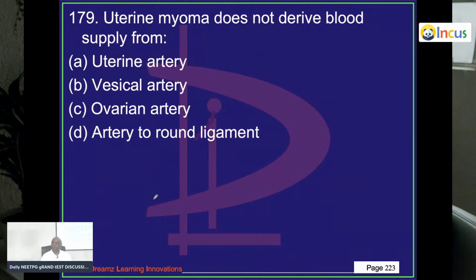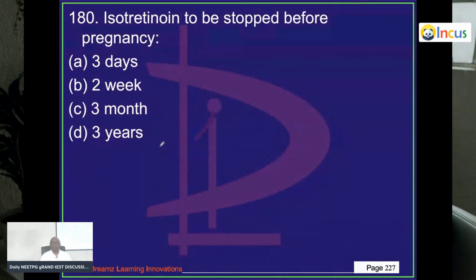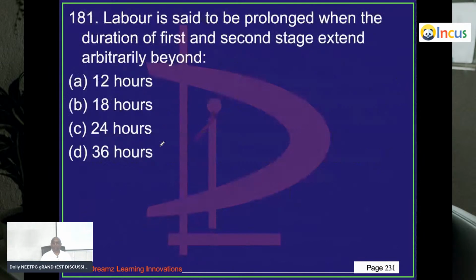Uterine myoma does not derive blood supply from the vesical artery. It derives from the uterine artery, ovarian artery and round ligament. Isotretinoin to be stopped 3 months before. Labor is said to be prolonged when the duration of first and second stage extends beyond